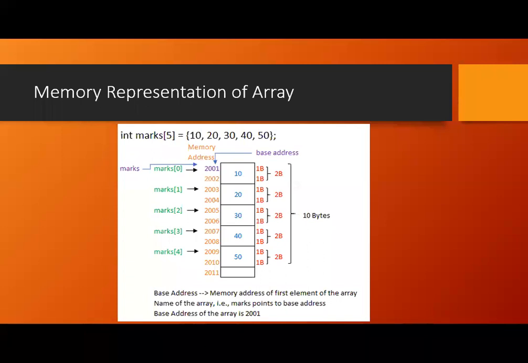In the same way, the constant pointer means it is a name, right? What is that particular name here? It is marks. It stores the memory location of the first memory address of the array. The first memory address of the array, we call it the base address. So in this one, the base address is 2001. This 2001 is stored in the name of the array, which we call a constant pointer. So here the constant pointer is marks. The marks actually contains the 2001 memory location. Are you following, students?